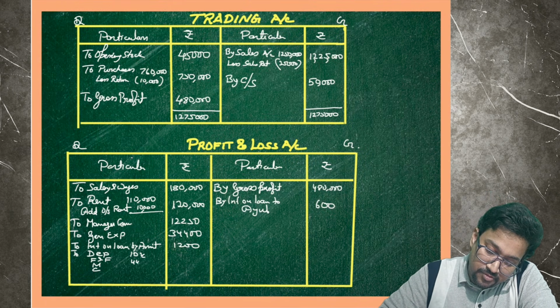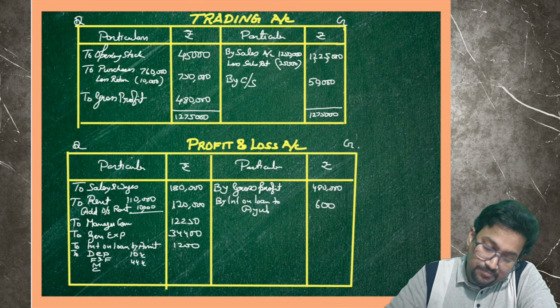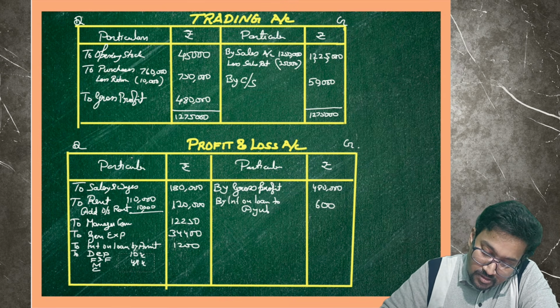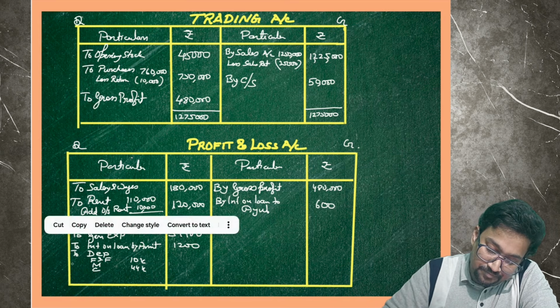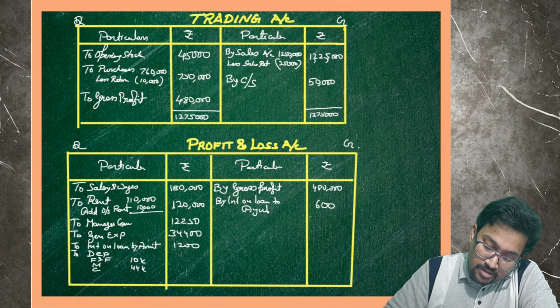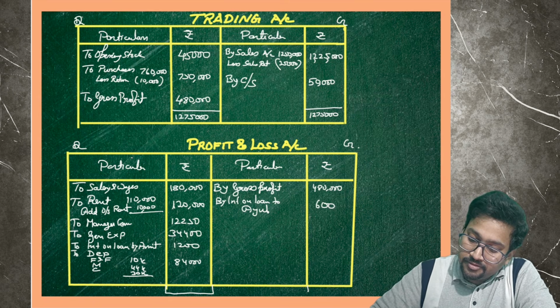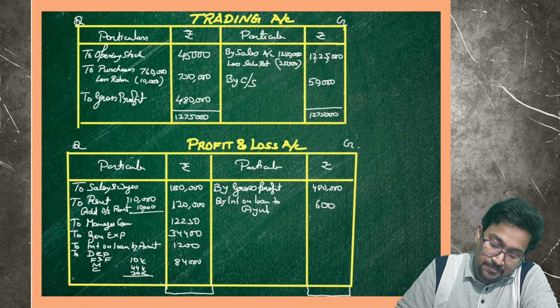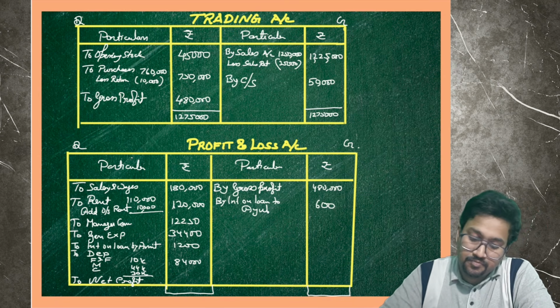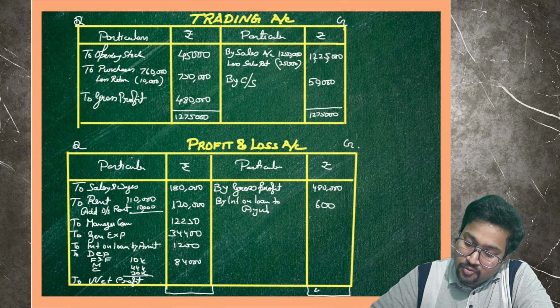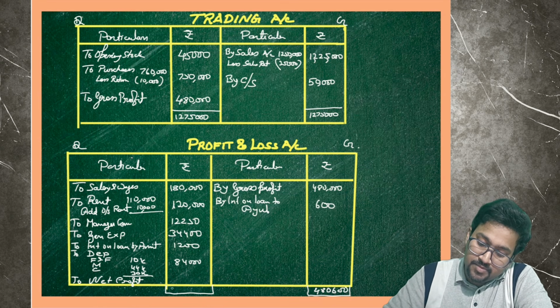10,44,000 and 30,000. So total it will be 10,84,000. Okay, now I'll just write the total here so that we'll have space for net profit. To net profit, so the total will be 4,80,600, and the same amount here as well,